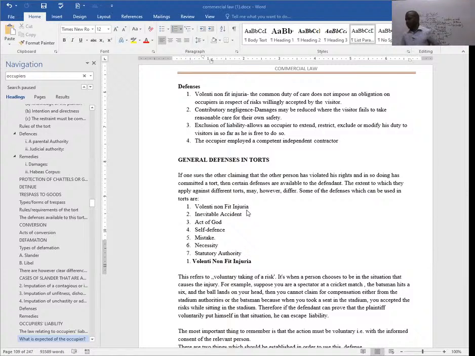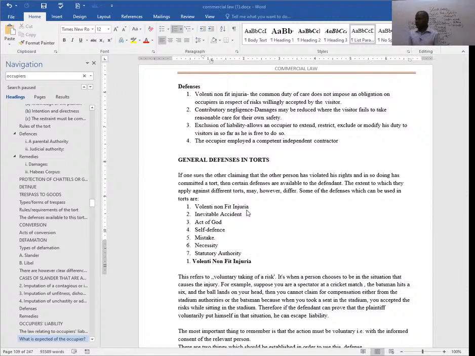Act of God, I think you can remember it under this particular tort we learned about, known as strict liability. So this is the ruling, if you can remember the rule in Rylands versus Fletcher. We looked at the key essential elements under strict liability. And of course, one of the major forms of defense we looked at is act of God. So that is also a general defense in tort.